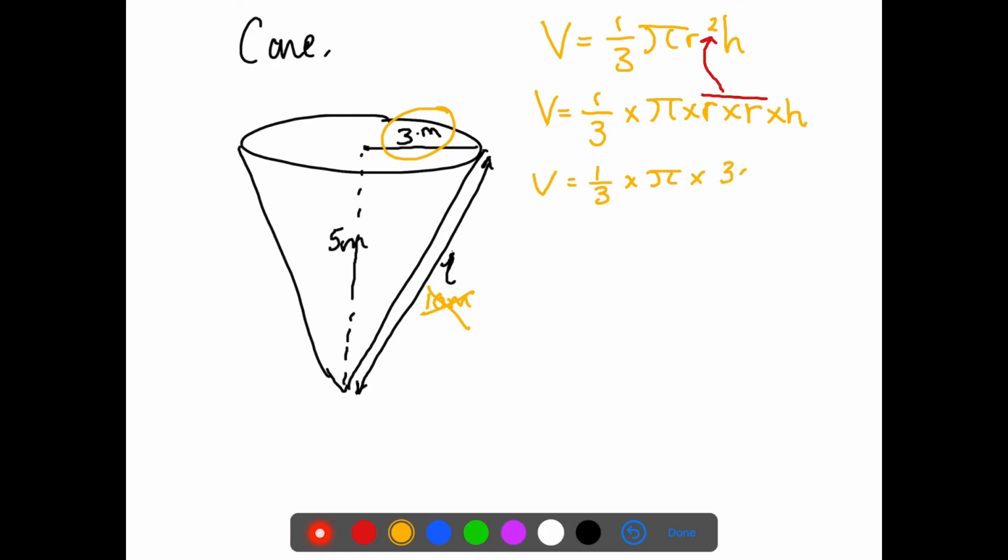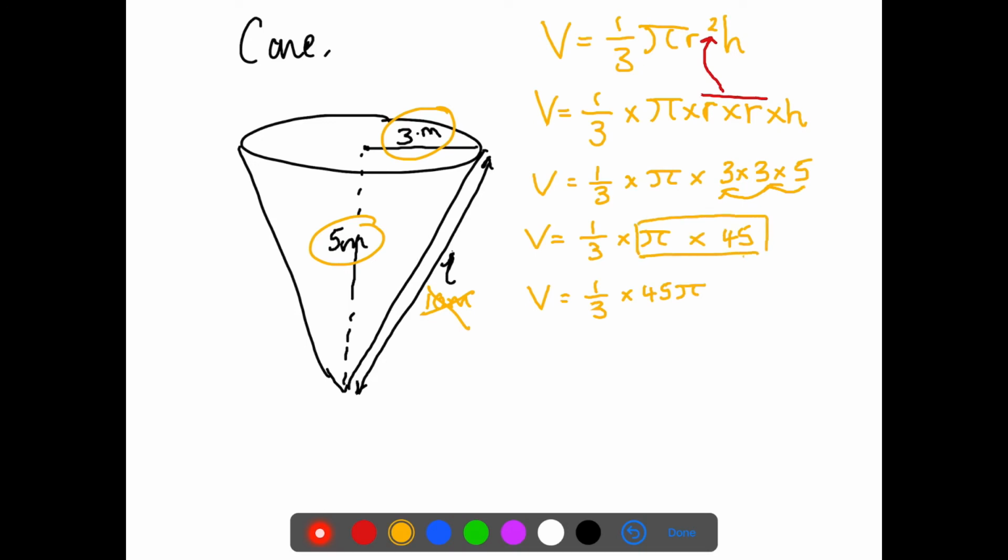We can leave pi as it is. R is 3 and h is 5. Again, we end up with 1/3 times pi times, well, 3 times 5 is 15, 15 times 3 is 45, so we can put that in. And then we can write it like this, 1/3 times 45 pi, because pi times 45 just means 45 pi anyway. And then all we need to do now is you can work that bit out on your calculator if you want to. Okay, if you did that, you would end up with V equals 1/3 times